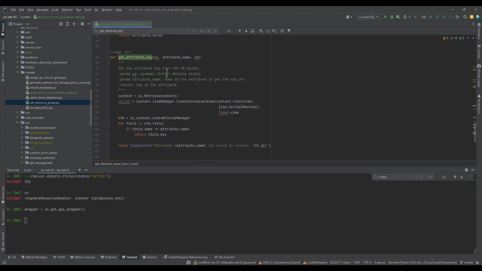So get attribute key, we have our service instance. Again, I can't take any credit for this. ChatGPT kind of walked me through a lot of this, between that and GitHub Copilot. It's kind of building out this as I go, and it walked me through, first of all, getting,